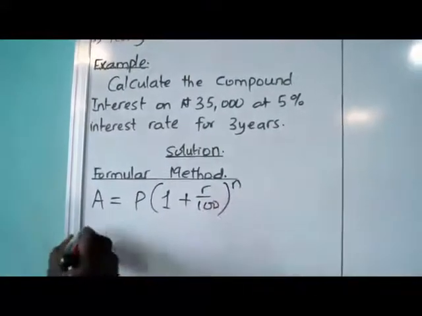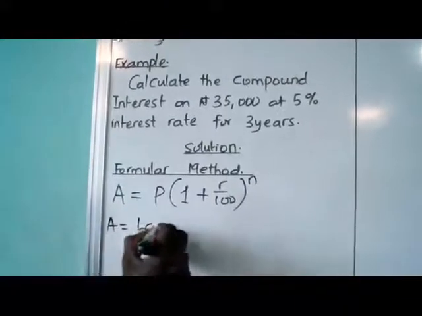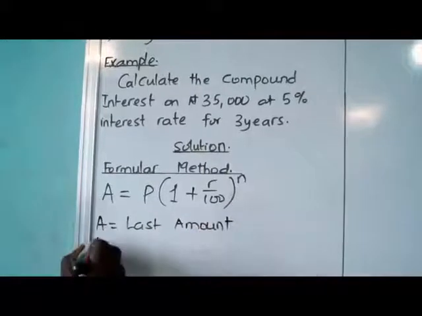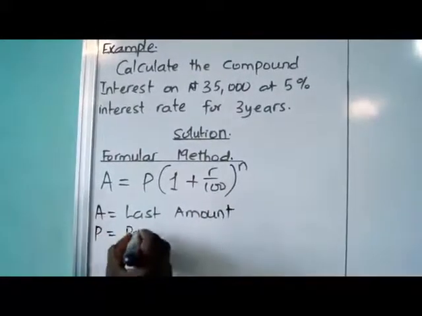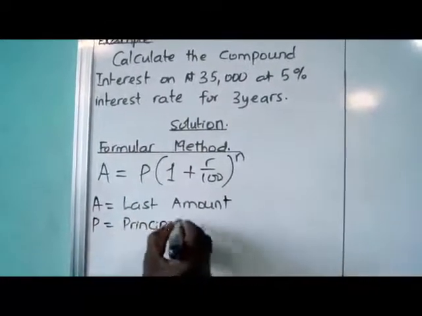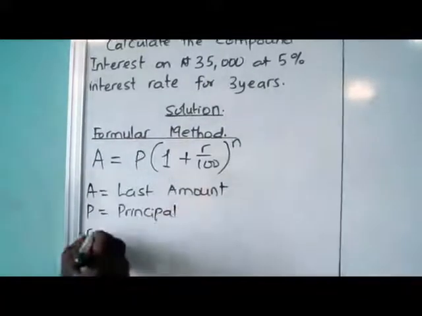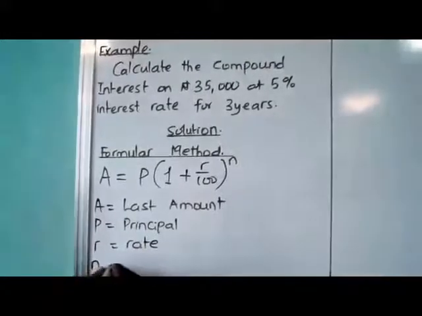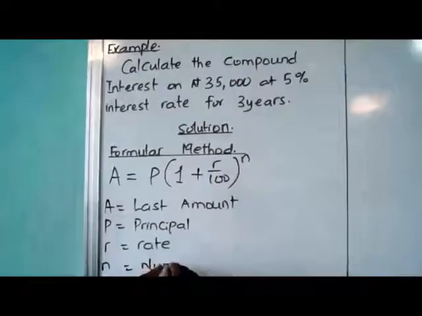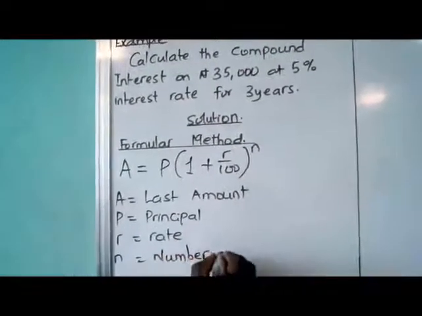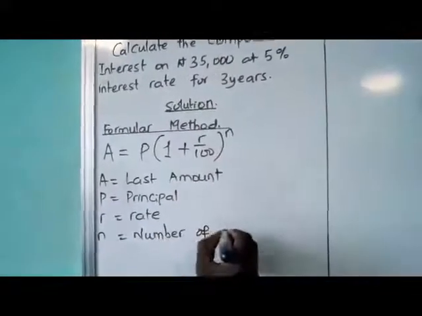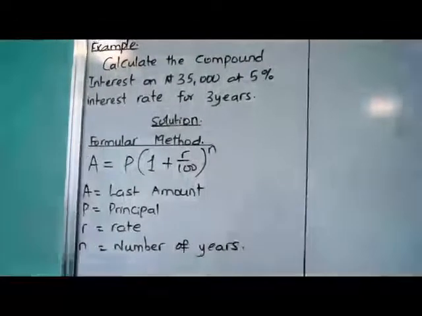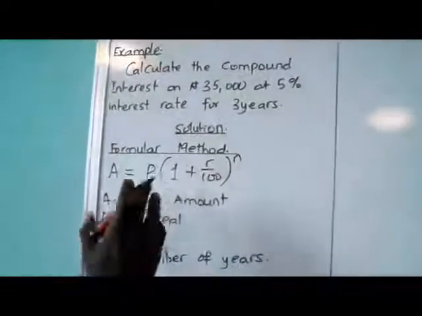So where your A is the last amount, your P is the principal, and then your R is your rate in percentage, right? N is the number of years involved. Right, so now with what we have, if you put together all your parameters, calculate